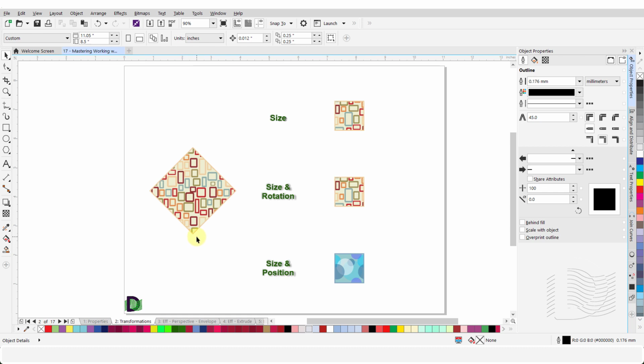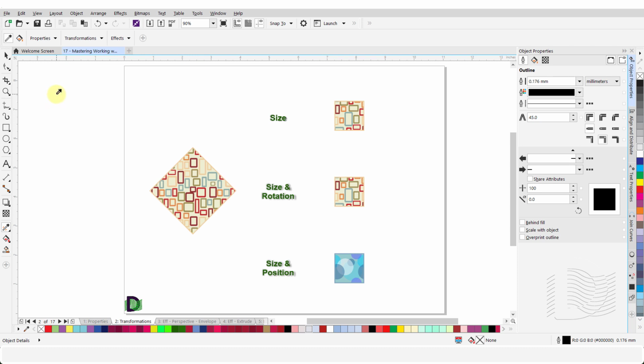Let us have a look at the Transformations group. We will copy various transformation attributes from the object on the left side of the page and apply them to the three objects on the right side of the page. But first, I will remove the check marks placed against the attributes in the Properties group.